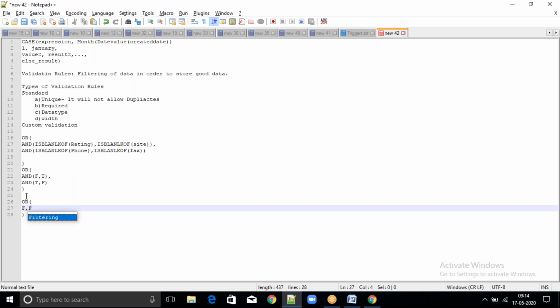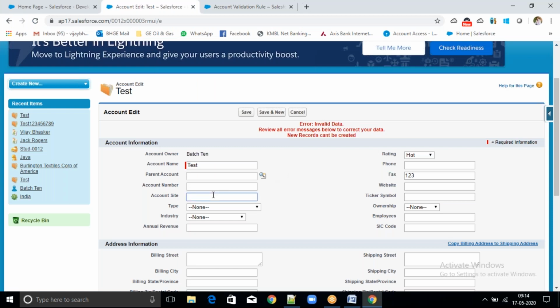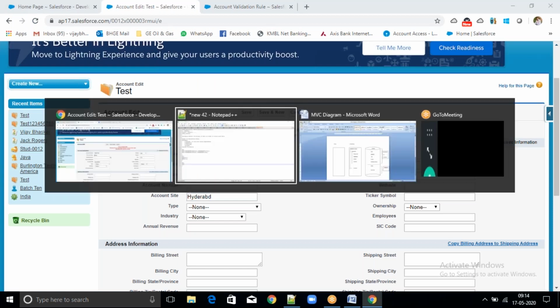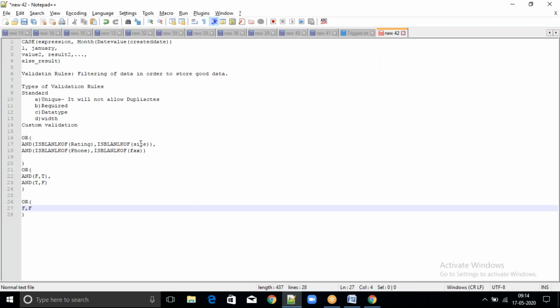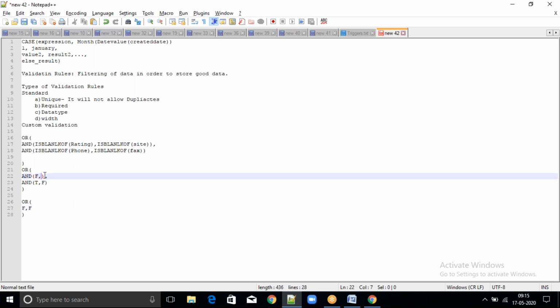So it will not give any error. So now you have entered site also. Site also means it will return true, right? Sorry, it is also written false, right? False means false only.